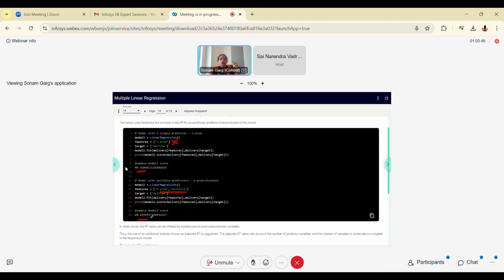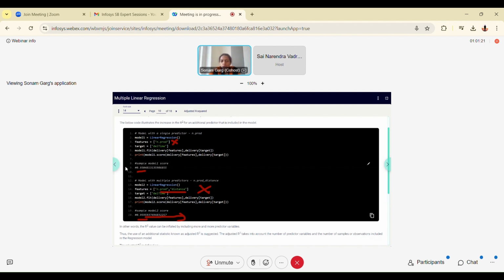It is coming to be 0.95 this time. Okay, so this was 0.93. Now my score has become better. It gives me an assumption that this model is better than the previous one, because my score is improving. Now 95% of the variability can be explained. So I'll think this is a better model now. But this might happen because of the internal calculations of score. As you keep on increasing the number of predictor variables in X, your score will tend to increase.